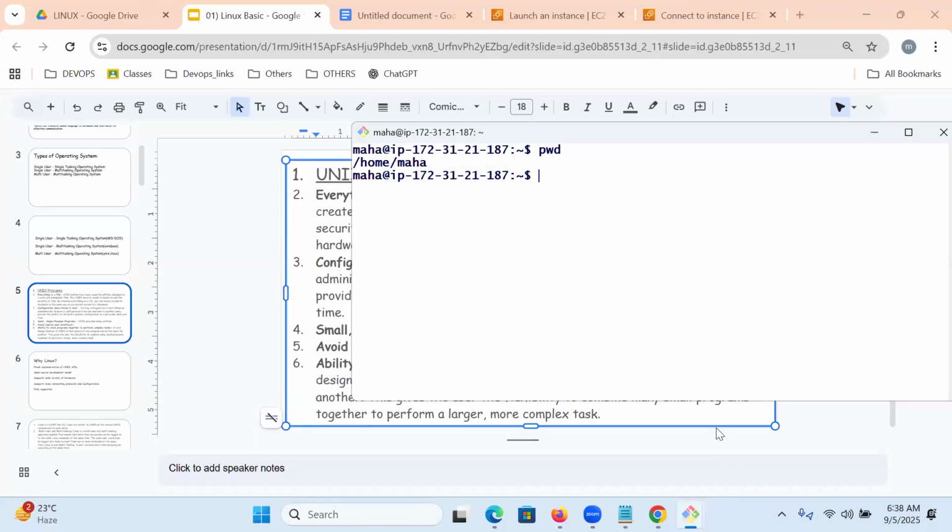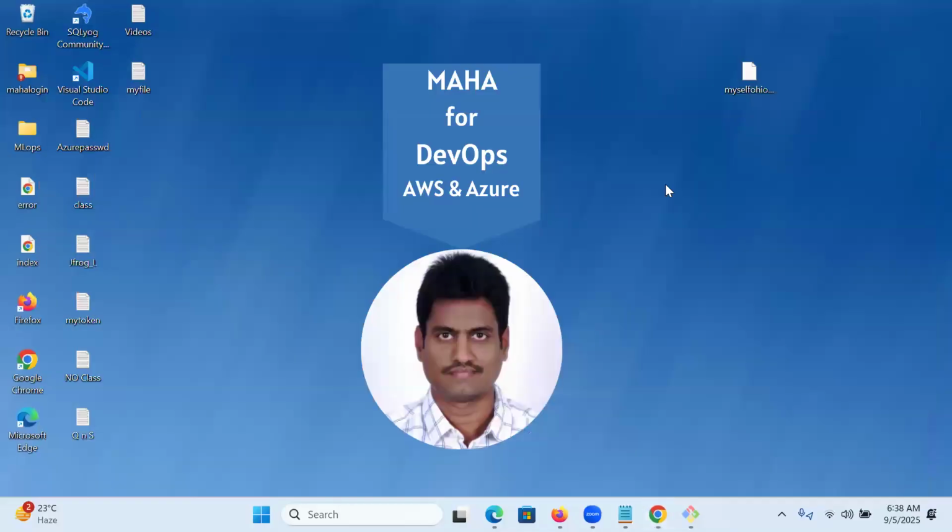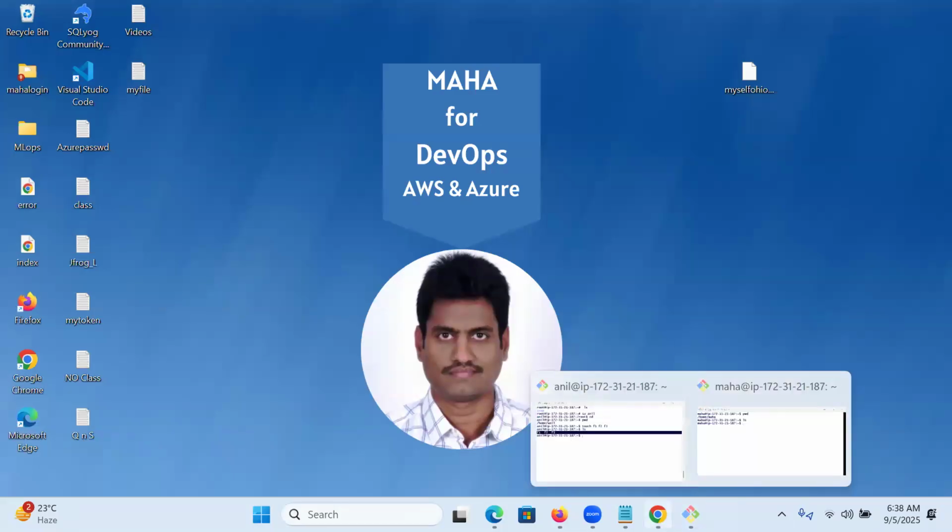And what is the data in this location? Nothing. Do you want to create files? touch command. Do you want to get into a folder? cd. For each and every action a separate command is available, whereas in Windows everything is a click, right click, open. But in Linux everything is a command.